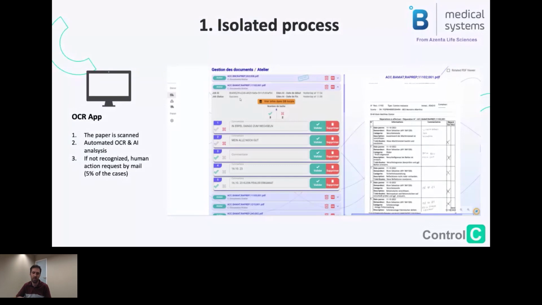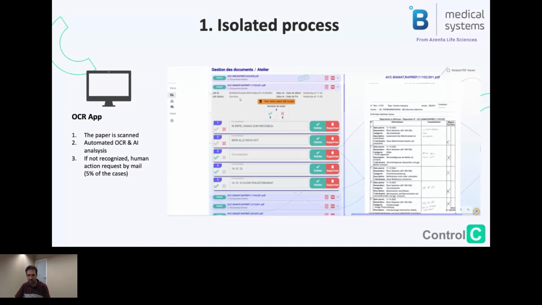So the process today is very simple, because at the end of the day, the mechanic just drops the sheet of paper into the scanner, and from there, everything is 100% automated. The scan goes into the scanner, it's dropped automatically into a shared folder, and it goes into this application where we call some external services for the OCR, for the AI, and so on. And only if there is a mismatch or something not going properly, which today is 5% of the cases,